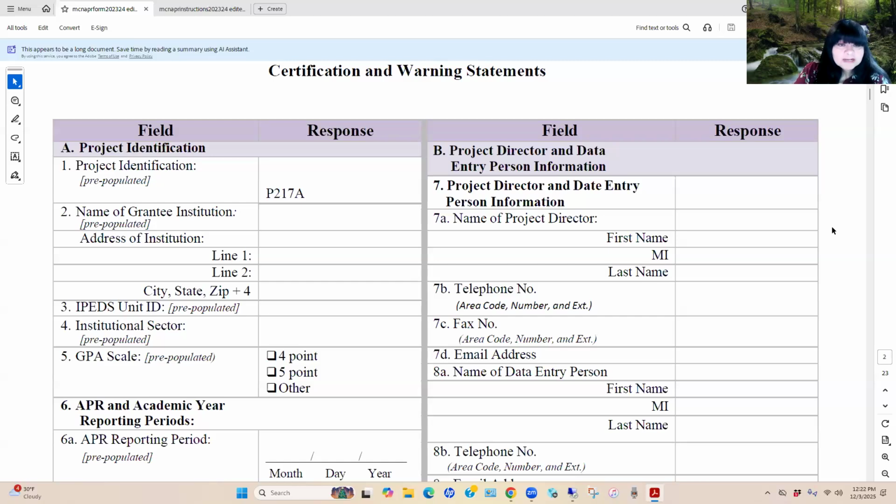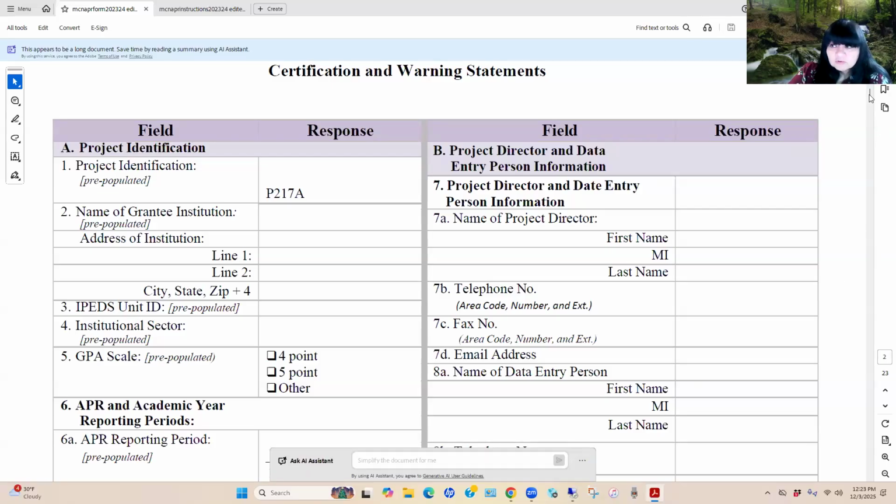That just means that the director will most likely receive 2 notifications to indicate where you're at in the submission process. If there is a data entry person entered, then that person will get notification of where the APR submission process is.